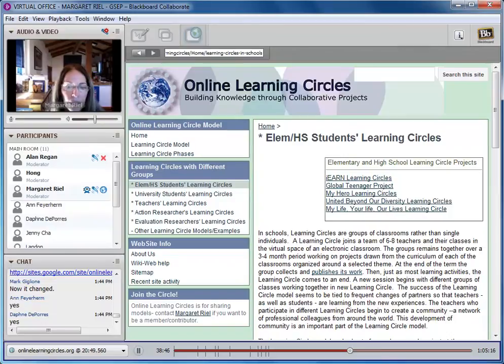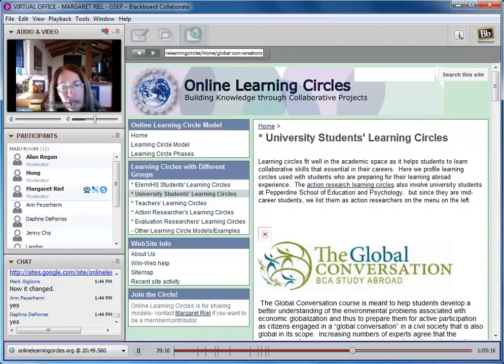There are a number of different ones. The one that I've been organizing is the iEarn one, but there are others, and the list of them is up on the top here: iEarn Learning Circles, Global Teenager Project, My Hero, United Beyond Diversity. Those are all examples of Learning Circles being used to connect kids in the elementary grades. This is the global conversation that I was talking about, and if you scroll down,